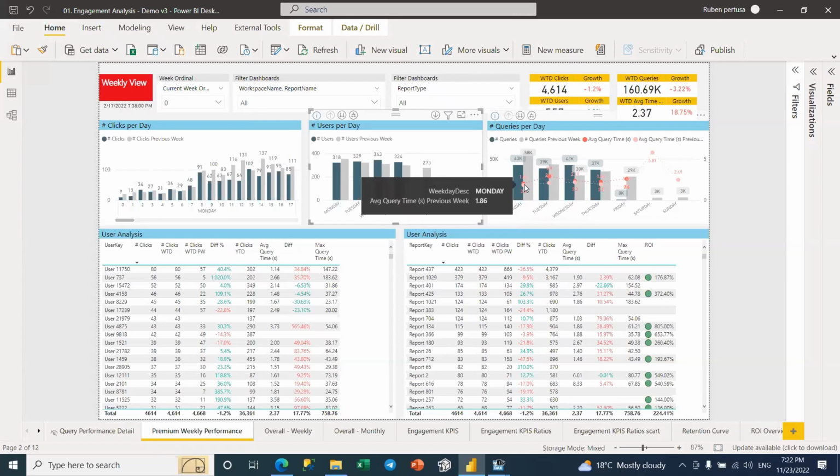If we say the average query time should always be below 2 seconds, my team is measuring and monitoring that. If there is any peak and they see the average query time going up, they go and check what heavy queries are happening, or whether we deployed any new DAX which is killing the dashboards, and so on. So we know all the facts and we can react on top of this.